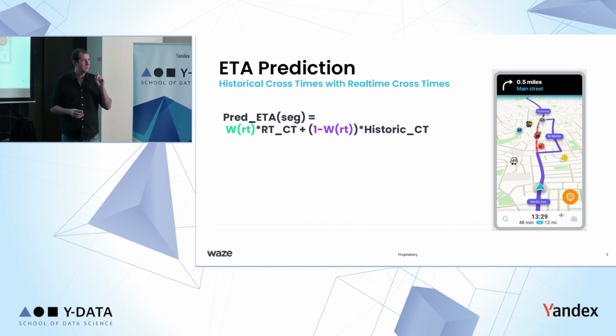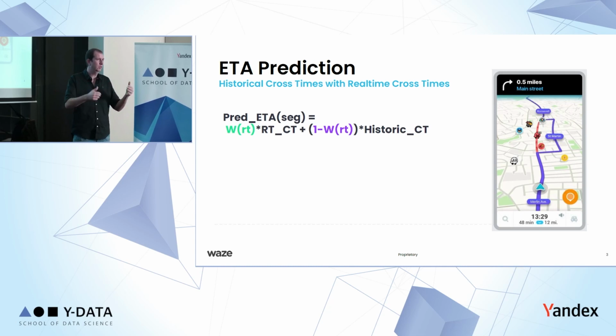Okay, so let's understand that for a second. You're traveling, you ask Waze to route you from Tel Aviv to Haifa, and suppose that trip is around, let's say, 60, 70 kilometers, approximately, and we need to somehow combine what we know right now and what we know from the past. Why do I need to know things from the past? Because for the segments that you will reach in 30 minutes from now, the information that I have right now about what goes on there is not really interesting, right?